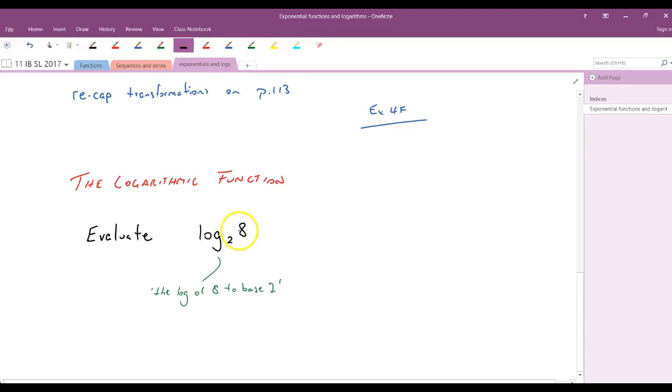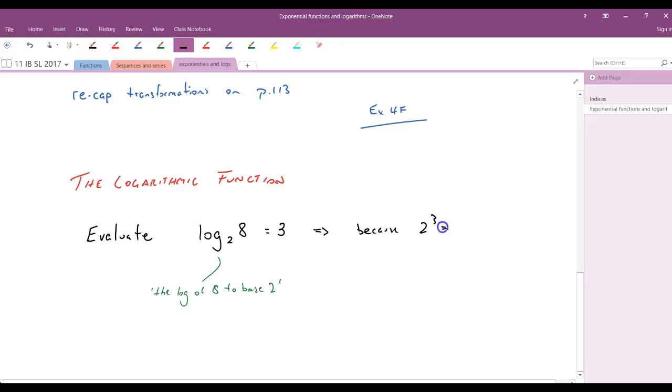Well, that means the solution, the value of this, is the power, the index or the exponent that you need to raise 2 to, to get 8. So the question we ask ourselves is, what do we need to raise 2 to get 8? The answer there obviously is 3. So that is true because